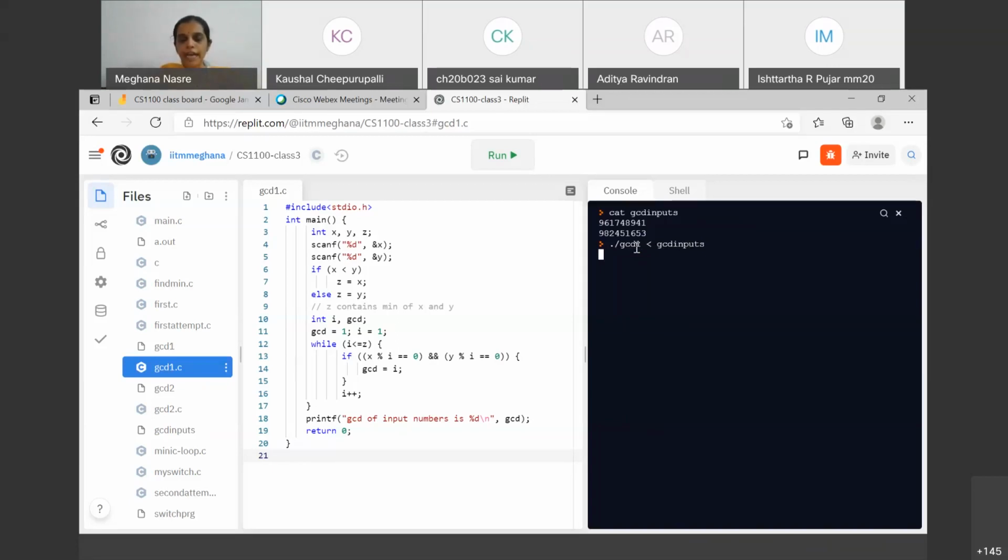In fact, you can time this program and you will see that it takes about 5 to 6 seconds to print it out. Whereas let's do GCD2, the same thing. It's again computing GCD only, but it just does it very quickly. So this is the power of writing a very good, efficient algorithm.